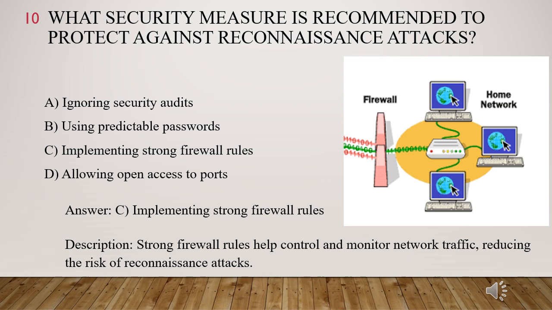Strong firewall rules act as a barrier between your internal network and the outside world. They can be configured to block access to unauthorized ports. This prevents attackers from scanning for vulnerabilities or exploiting open ports. Filter incoming and outgoing traffic. You can define rules to only allow legitimate traffic based on factors like IP address, protocol, and application. Log suspicious activity. Monitoring firewall logs can help you identify potential reconnaissance attempts and take action.